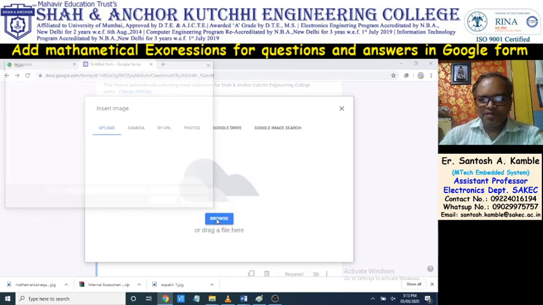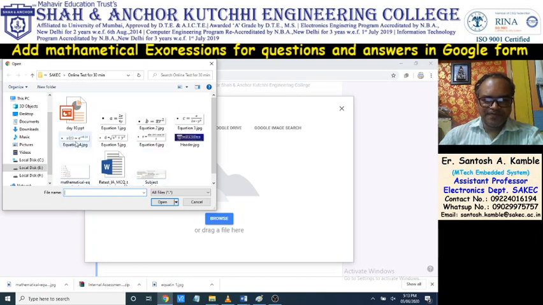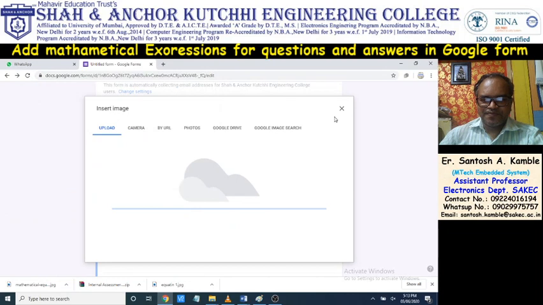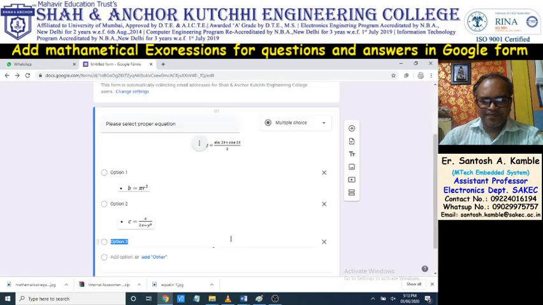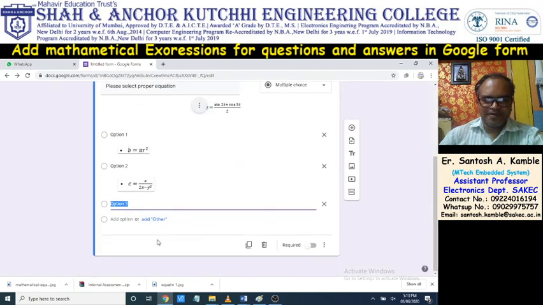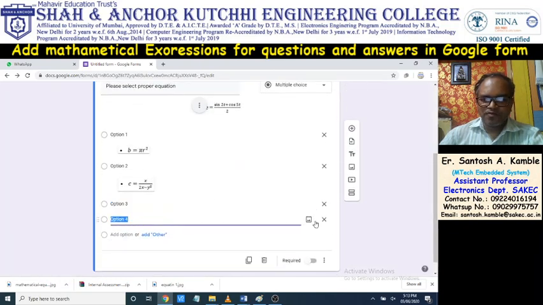Your equation expressions should be in JPG format. Similarly you can add the fourth option.